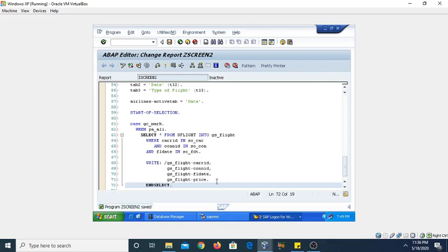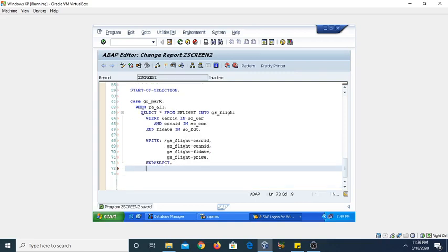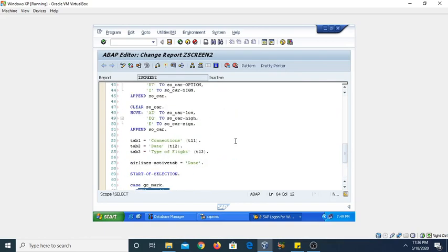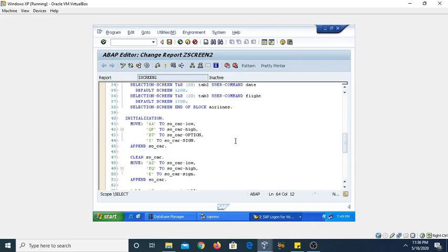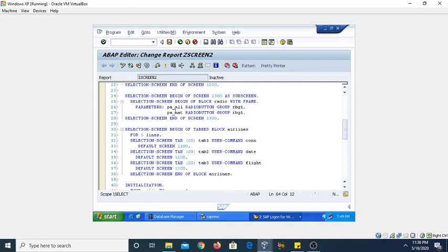Similarly, we can also use an option when PA underscore national NAT. We have given above two options, that is, when the user selects PA underscore all or PA underscore NAT.